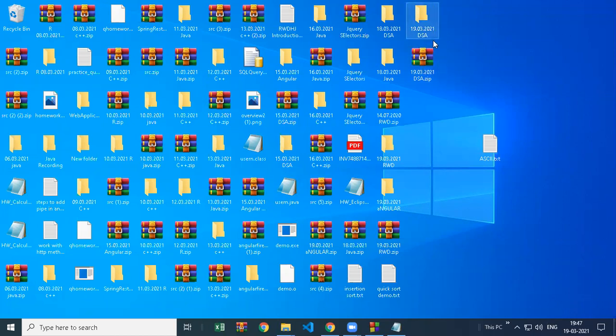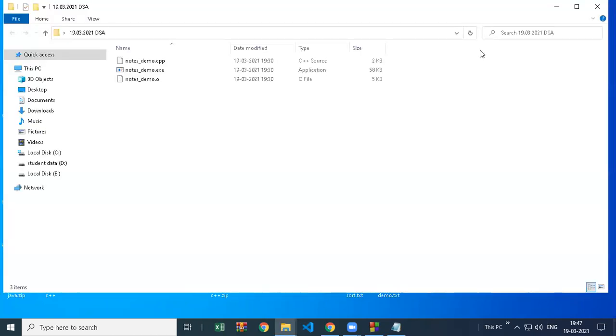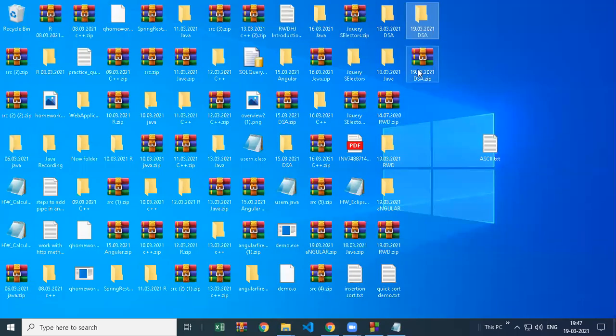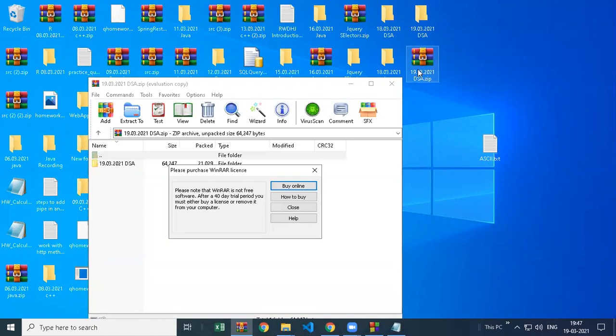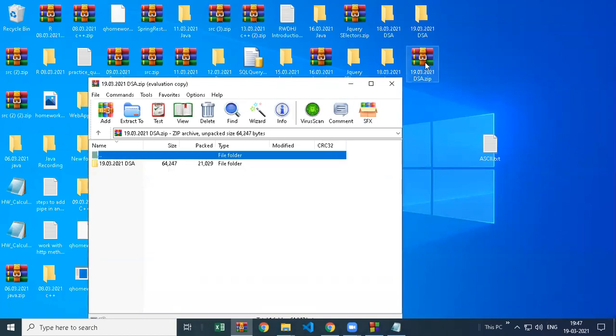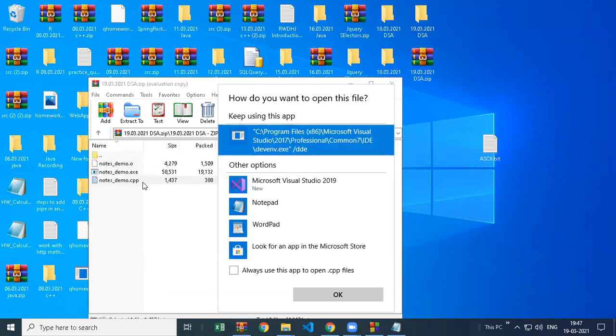If I open this folder, it will open quickly because it's an open folder. But if you open a zip file, it will first take time to uncompress it. When you open this WinRAR or zip file, it first uncompresses, and for uncompressing, there is code written. So it uncompresses first, and after uncompressing, when you open a file, it will also take time.